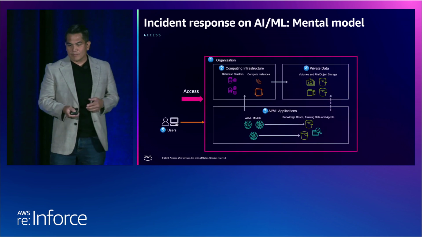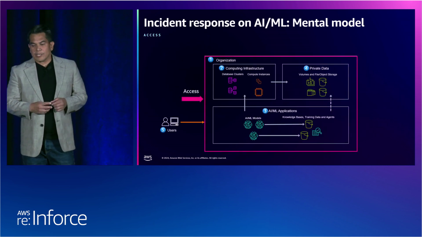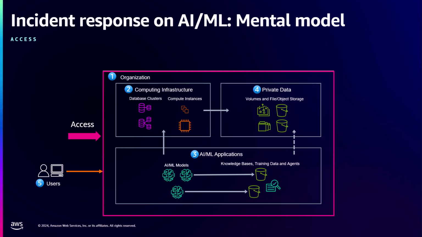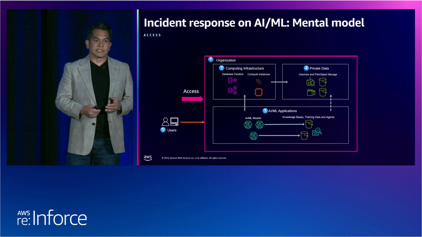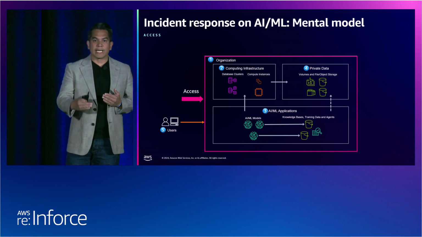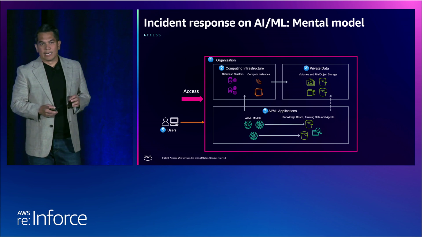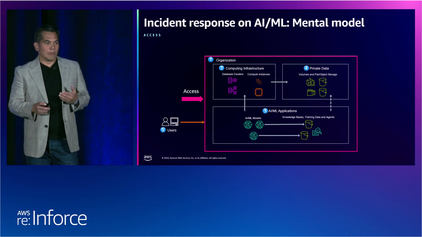So the access element. With the access element, you want to ask yourself, or as a customer, do you still have access to your computing environment? And that's an important question to ask at the beginning of a security event. We often see customers that are experiencing security events. The threat actor has actually locked them out of an account, and so they do have to spend a lot of time regaining that access, regaining control of their environment. So that access element is an important factor to consider when you're using the incident response on AI model.